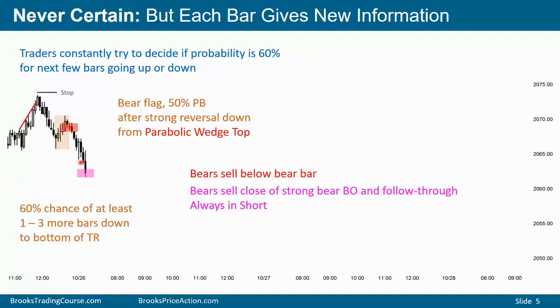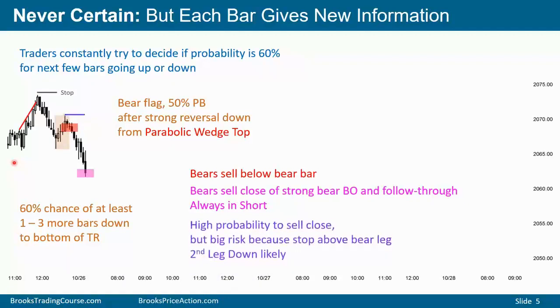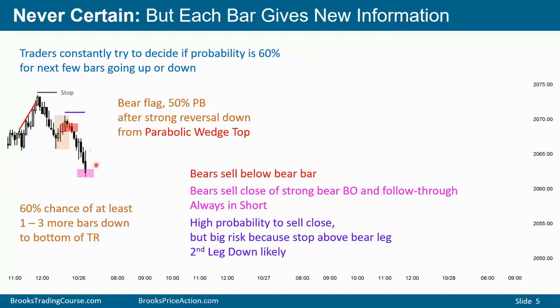The market now is sell to close. They either sell this close or that close, betting that the next reversal up will fail and probably become a bear flag. It's always higher probability to sell the closes after you see a strong breakout. And whenever you take a higher probability trade, your risk reward is always worse. Usually what it means is the stop is further away, so you're forced to risk more.